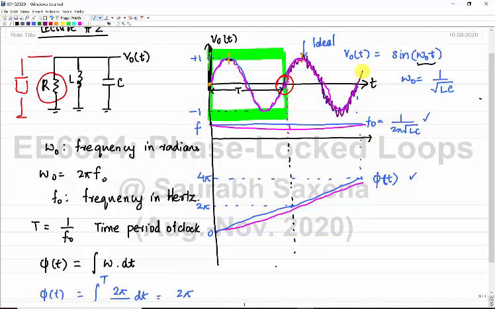If I do that, and if I am only interested, it depends on the application, if I am only interested in zero crossing, it's fine with me,